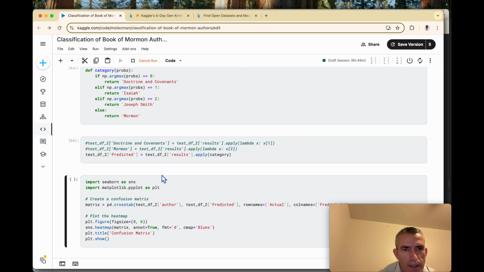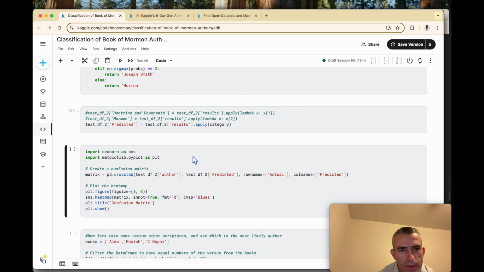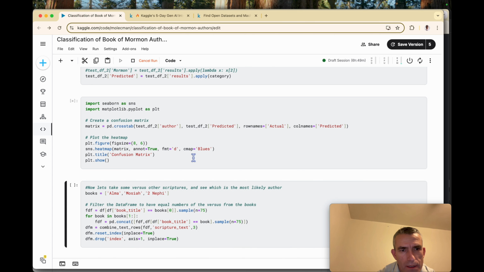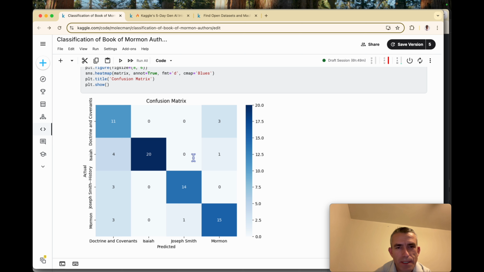And we'll get a predicted column as well, so we can apply that category to what our label is, and then we'll plot a confusion matrix, because this basically is an indication of how confused the model is or isn't.